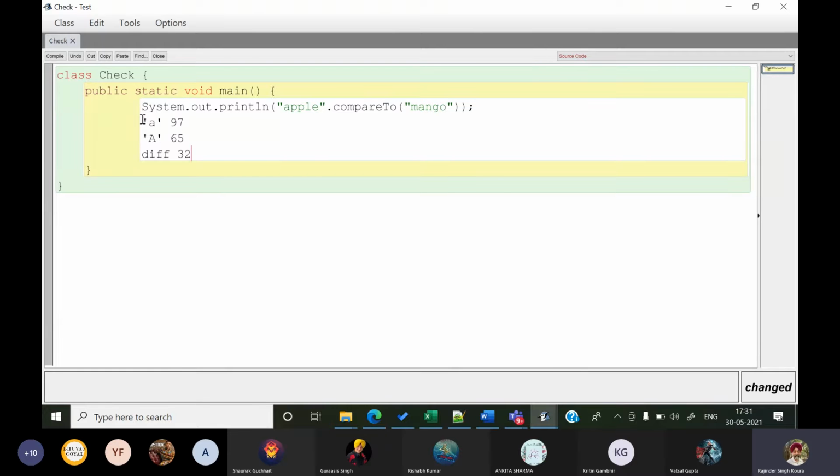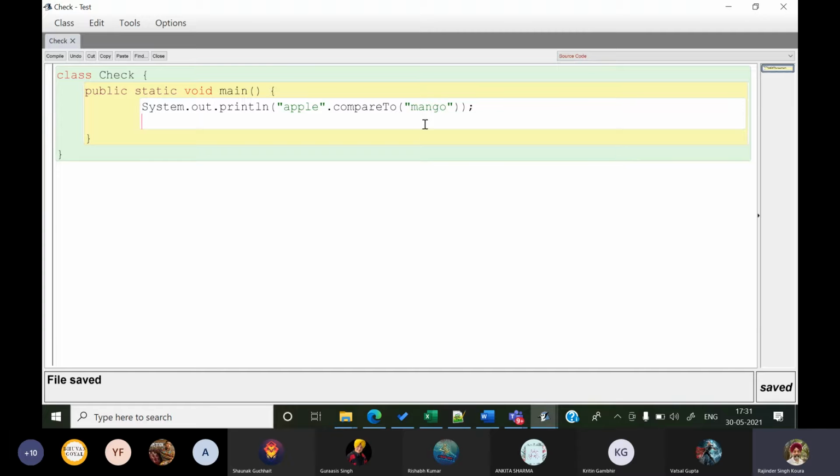Okay. इतना याद रखना है बस. अच्छा, now next, if I write the same on both the sides, apple and apple, and if I run this, there is no difference now. दोनों की लेंथ भी exactly same है और दोनों में characters भी exactly same है. तो अब क्या होगा? It will return a 0.